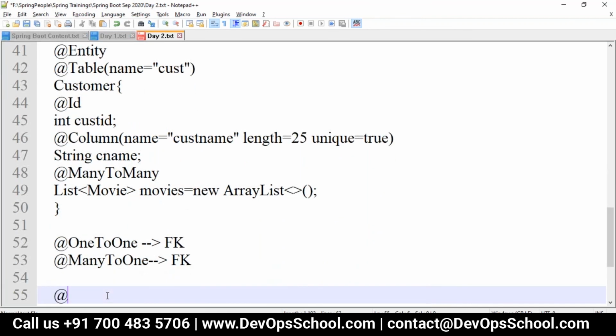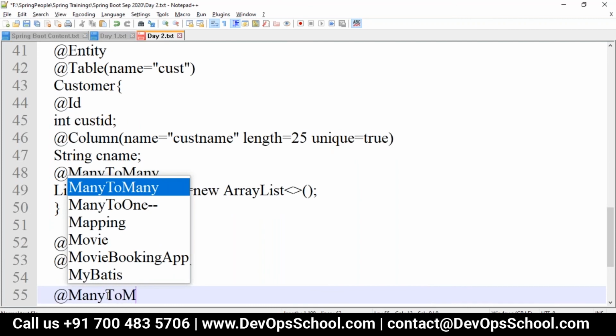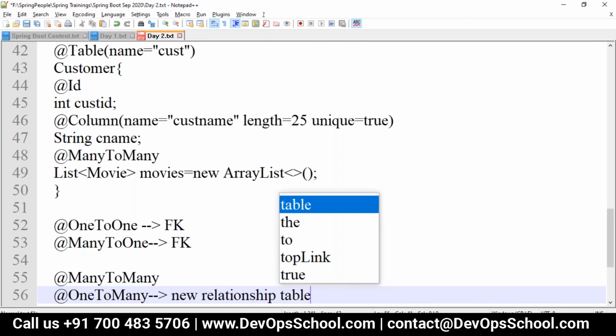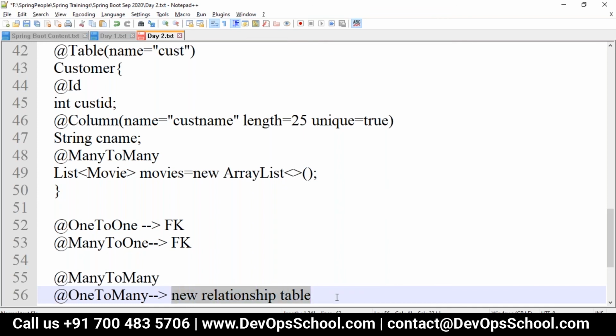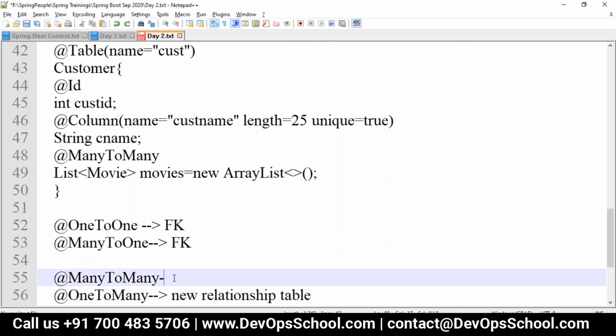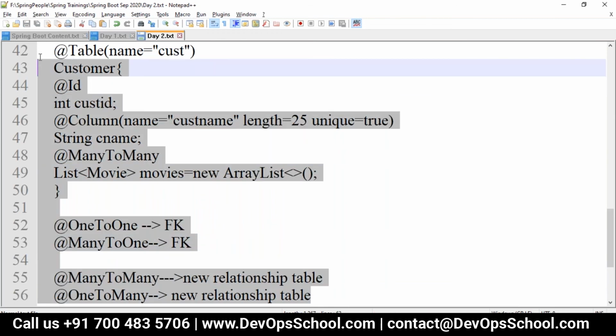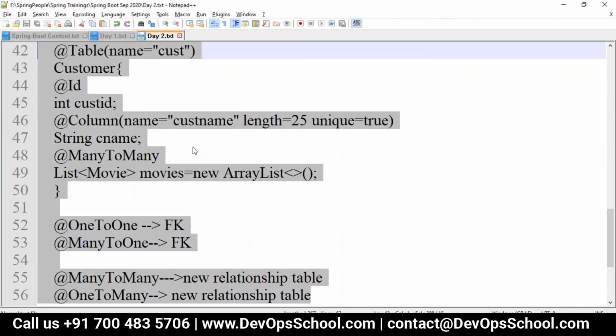But in the other case, it refers to a new relationship table. That way we write our Hibernate code by using all these different annotations.